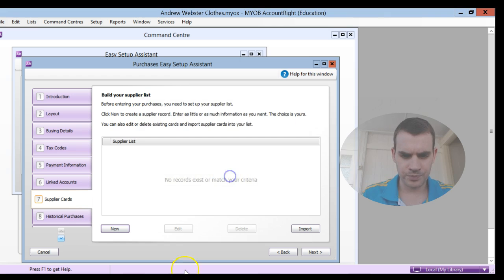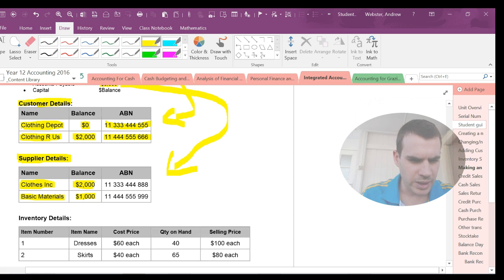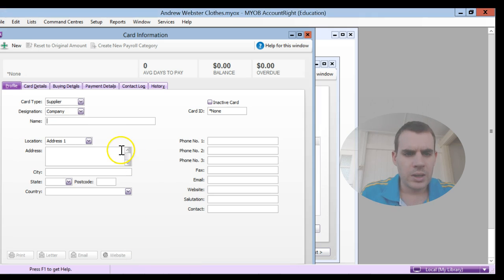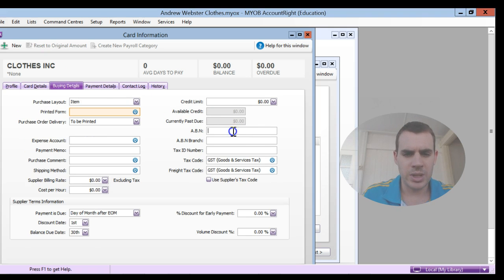So we go new. Our first supplier is Clothes Inc. for 2,000, ABN 113334448888. Okay, business name was Clothes Inc. The second thing we need to add is the ABN. Now, I said the ABN was